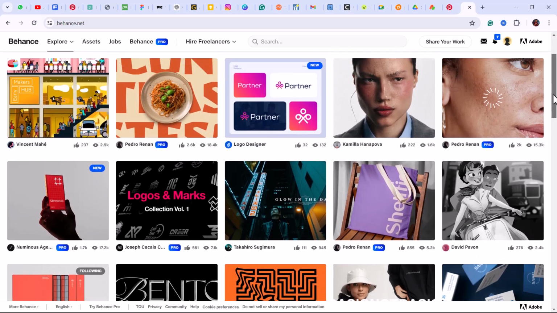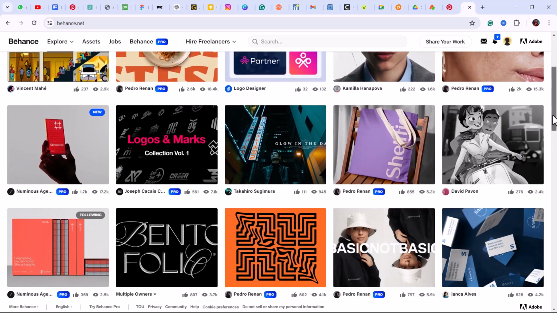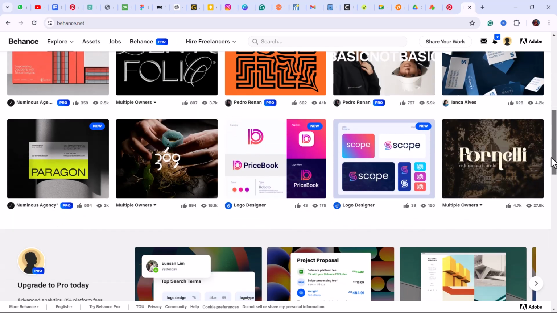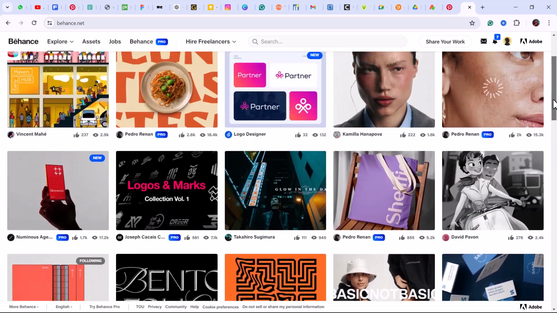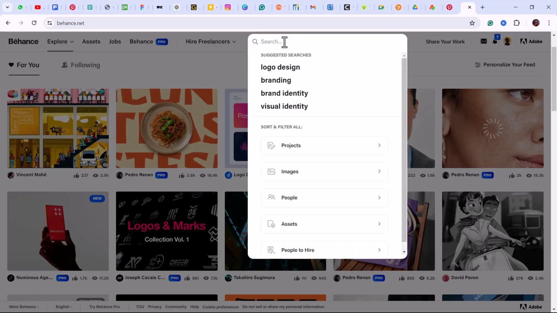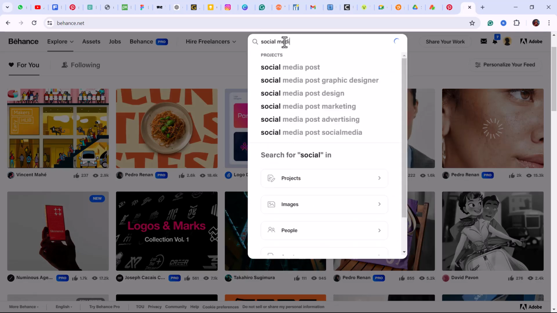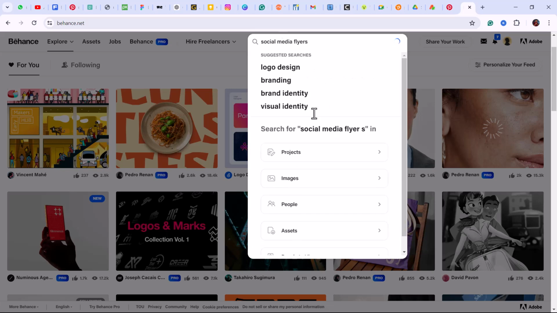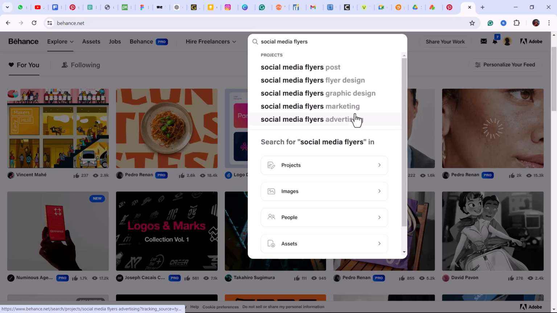When you come here, you can see different designs, majorly brand identities and illustrations. You can equally search. See the search icon here. Let me also search for social media flyers, for example. Flyers. You see, social media is even giving us options. Social media flyer design. So if you search on Behance too,